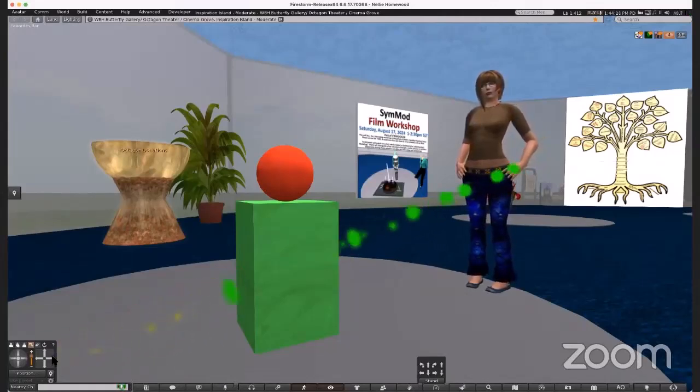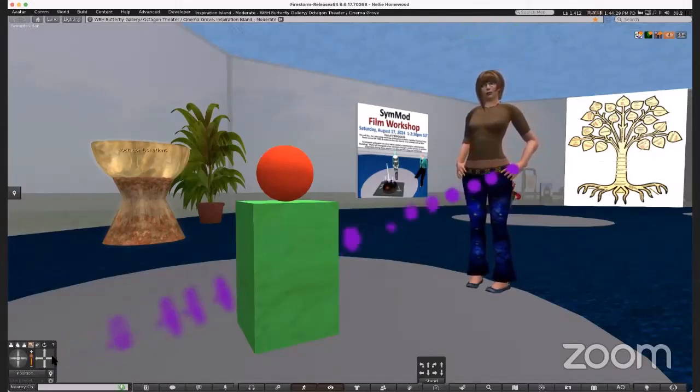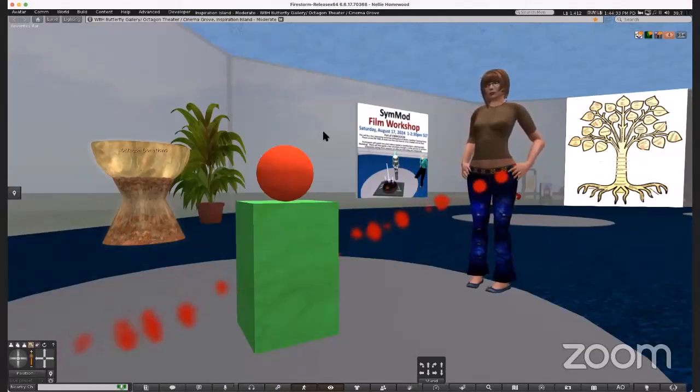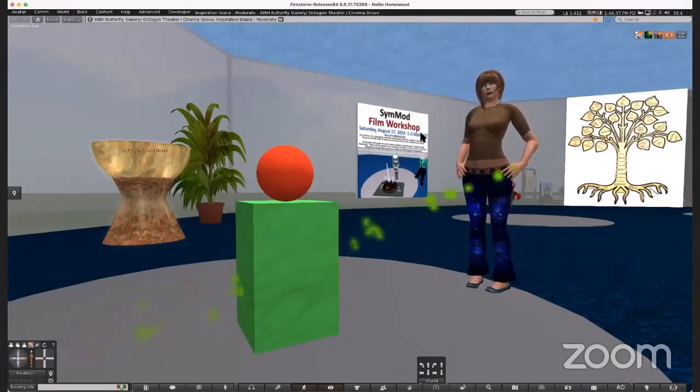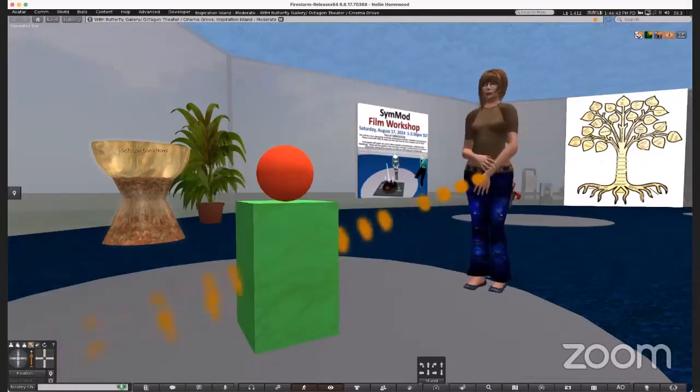I noticed that the green part of you told the red ball that it was heavy, and then it suggested that it have wings and fly up. So presumably it's going to lighten the load of the green box.